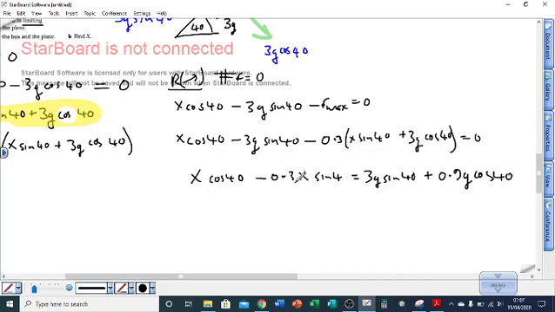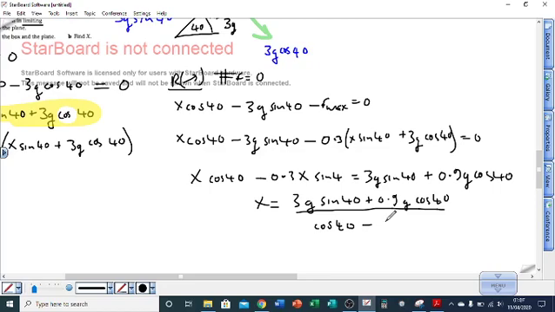Factorize this by pulling an X out and then dividing through by it. You end up with X equal to 3g sin 40 plus 0.9g cos 40, all divided by this factorized part, which is going to be cos 40